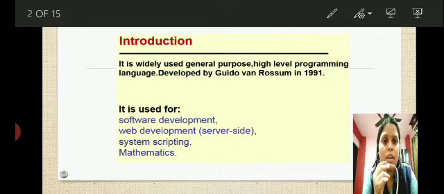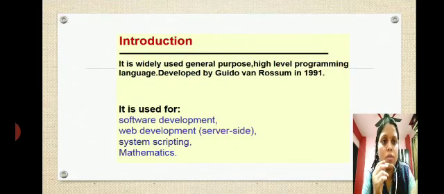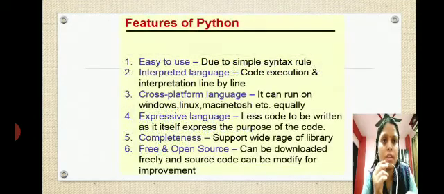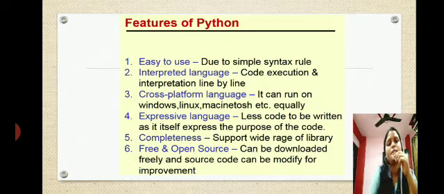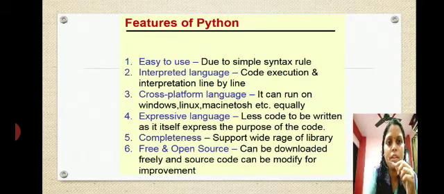Now I can show you the different uses, but also there are some features of Python that you must remember, which is why CBSE prefers this language for learning programming. Number one, it is easy to use due to simple syntax. Interpreted language means code execution and interpretation are done line by line.